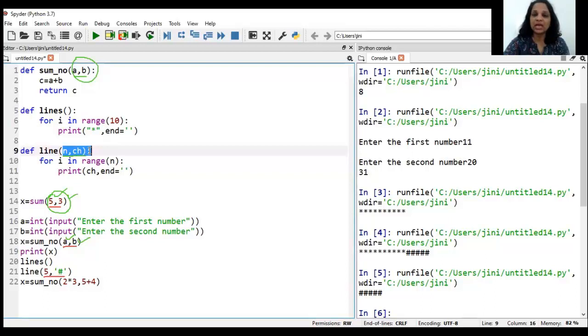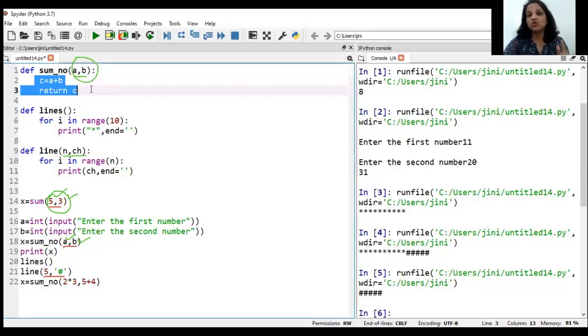I hope this class is clear. So let's just revise what we learned in this chapter. We learned what a function is. A function, we said, is some statements that do a task. It may or may not return an answer. It may or may not take parameters. And remember, they do not get invoked or execute on their own. They get executed only if you invoke them in your program.